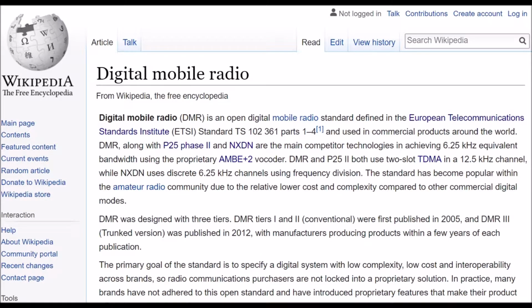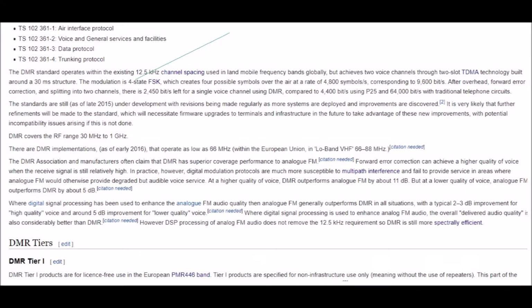I don't want to add my input too much, but reading the Wikipedia article for DMR, I think DMR technology uses 4 symbols using an FSK. Well, you know what? I won't say too much, but that's a note to self to go back and look at that. Okay, next definition. Let's check my time. We're already at 17 minutes.